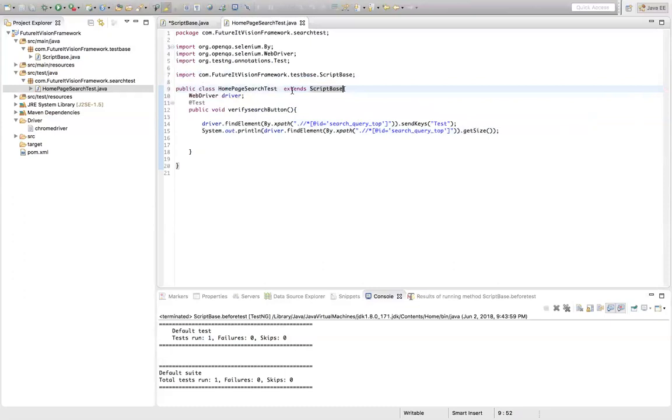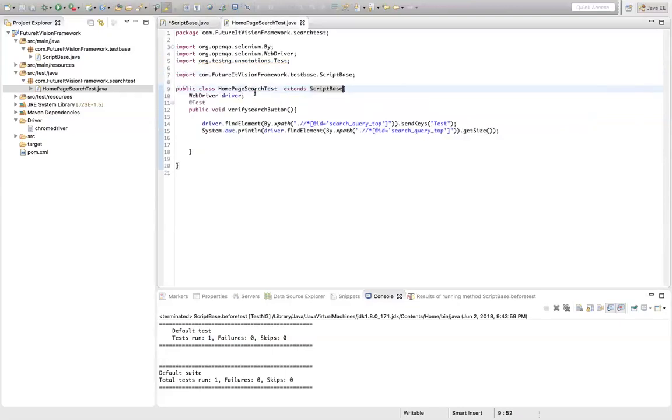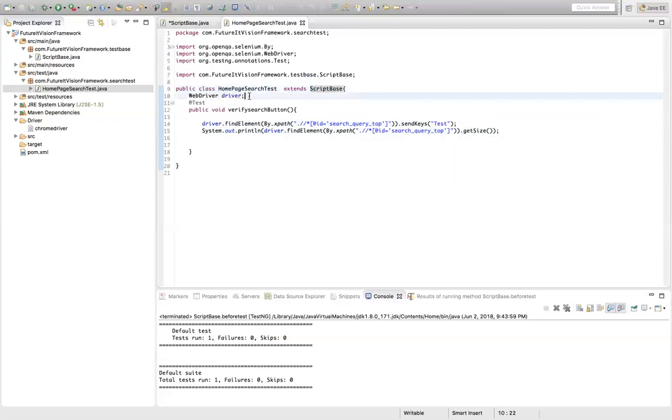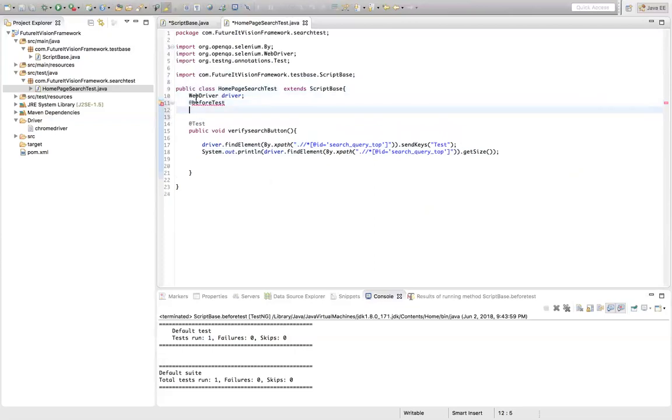We extend it. So now the script base has this method which I'm going to use, which is the before test. This method you always have to open at before test. So before test, you have to open your browser first. So you're going to create here at before test, and before test